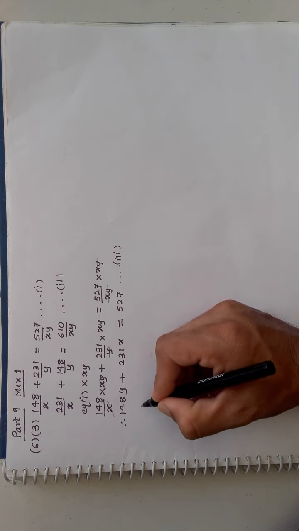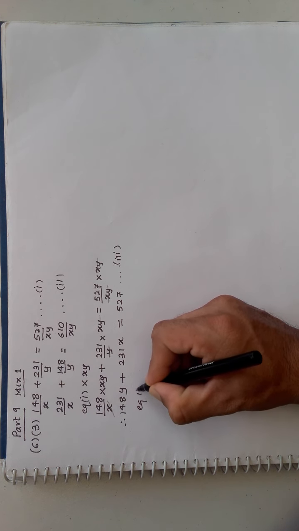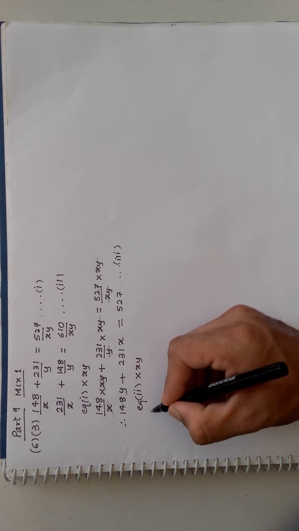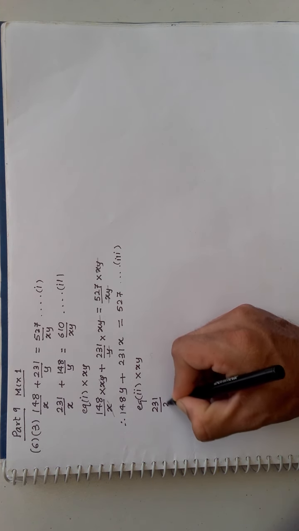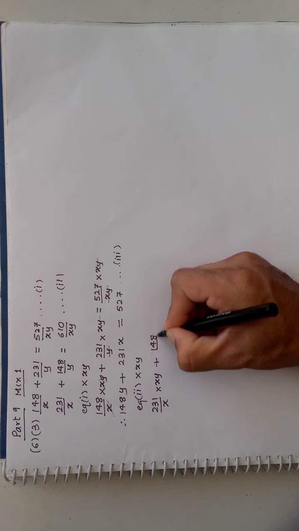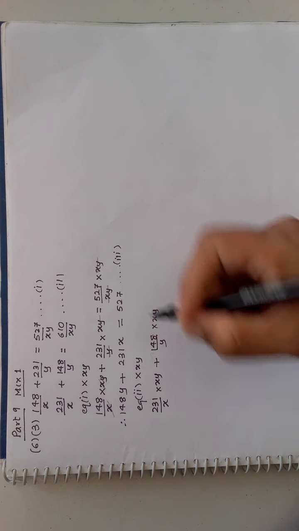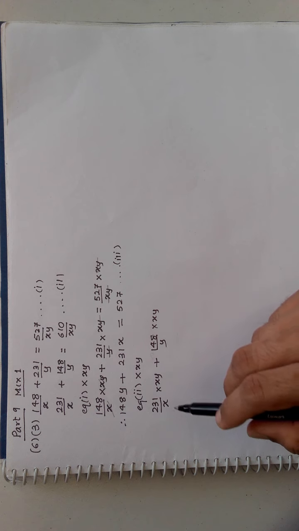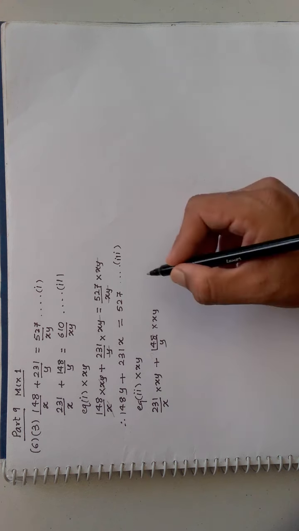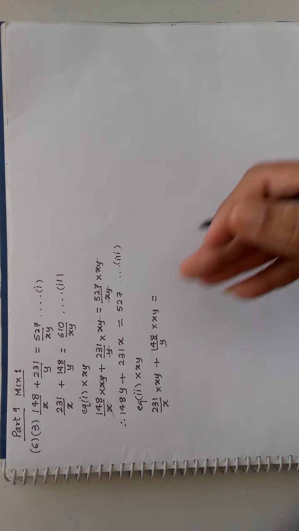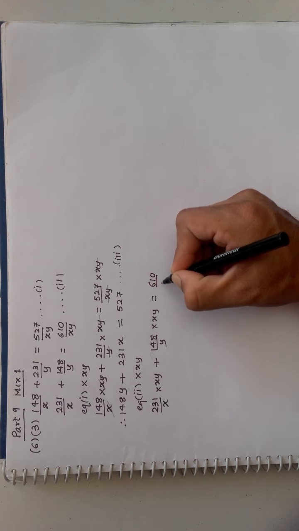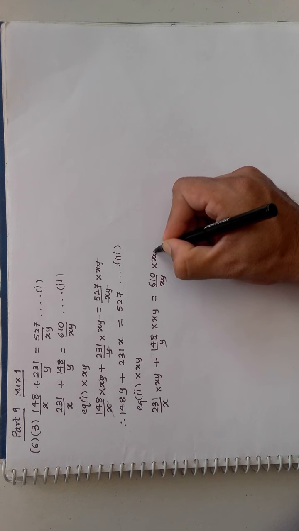Now the same thing I will do with equation number 2. I will multiply it by xy. So I get, before the plus sign I will multiply by xy. After the plus sign I will multiply by xy. That is 231 upon x it was, multiplied by xy. Then plus 148 by y it was, multiplied by xy. Before equal to, that I have already multiplied. After equal to, 610 upon xy into xy.